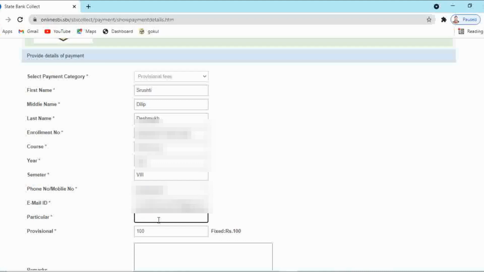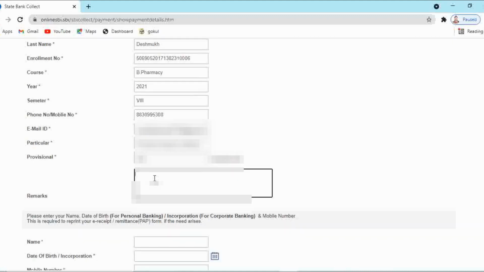In particular, you can mention the name of the certificate for which you are paying the fees. Here I am entering provisional degree certificate. The fees is already given over here, that is 100 rupees. In the remark, you can add some additional information if you want to give, then you can enter it over here in the remark section.